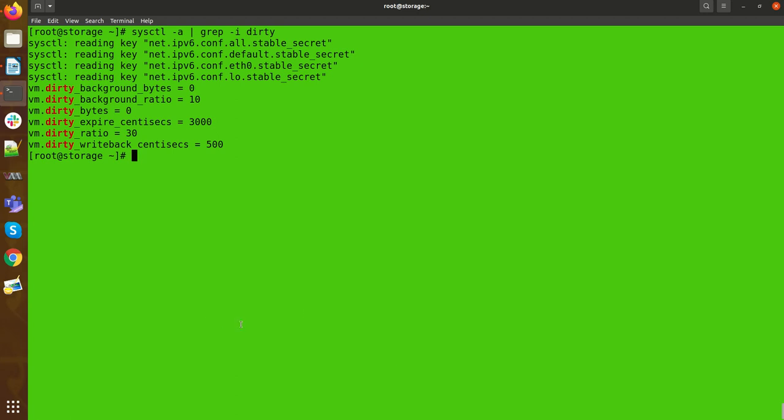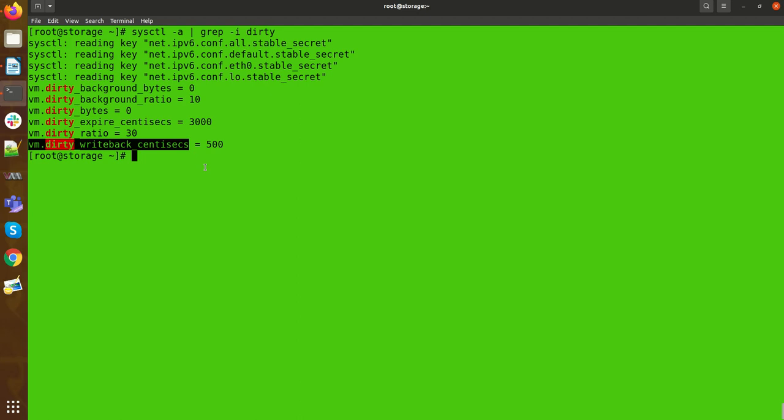Okay, so the first is vm.dirty_background_bytes and dirty_background_ratio. This is the dirty ratio, and dirty_expire_centisecs, and dirty_writeback_centisecs.